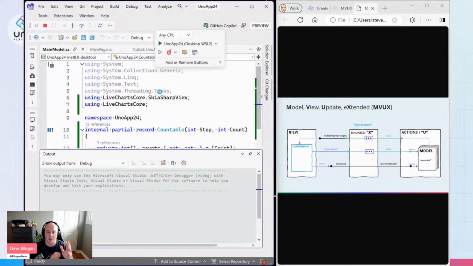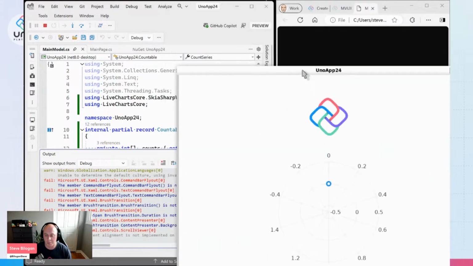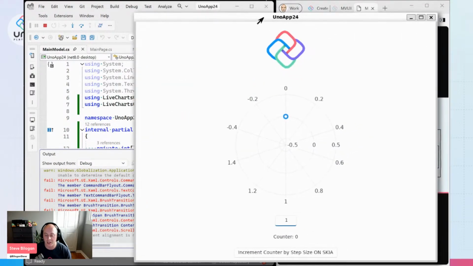running now, since Jerome was doing all the Linux goodness, right? We can also run this still using the .NET 8 desktop target, but now using it targeting my Windows Subsystem for Linux. And so we have this Linux application running within Windows right now, and you'll see that the chrome around it looks a bit different because it's still using Skia for rendering, but it's using X11 as its backend. Sorry, is what I'm trying to say. As it's using its backend for its chrome and for displaying the application itself,